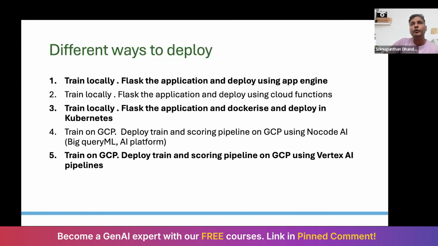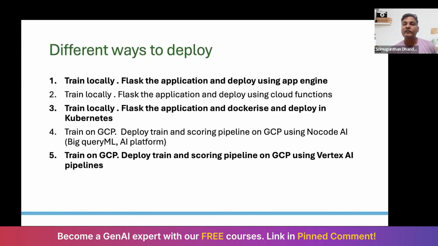You can't do only pickle based deployment. You also have feature engineering, so you have to deploy the feature engineering pipeline. If you have any pre-processing, you have to deploy that too, and if you have any ingestion in the ETL pipeline, that also you have to deploy. So in the real scenario, you want to deploy pipelines rather than just a pickle file. That is using the Vertex AI pipeline, which we will see later. But for the sake of discussion, we will also start with the simple one, where we use the Flask application and